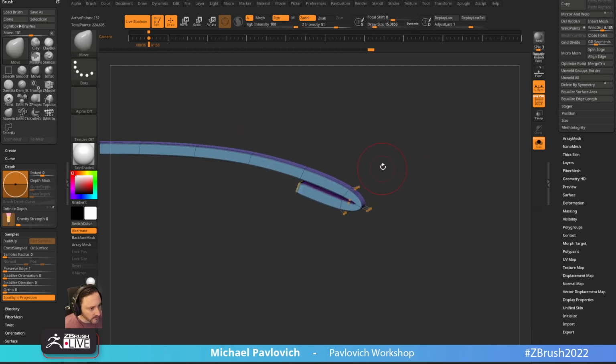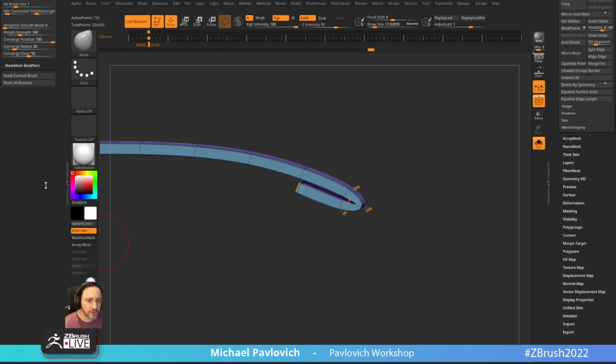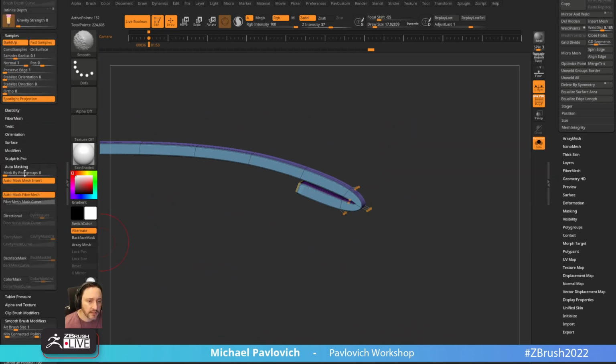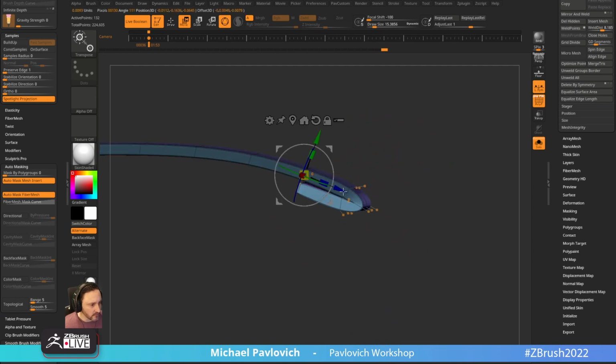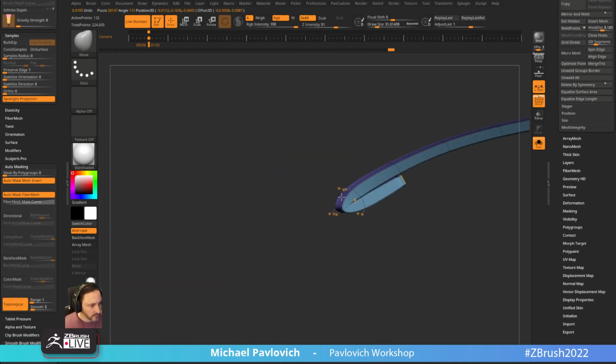kind of want to see if I can grab, let's go into move brush, auto masking, turn on topological, let's change that range down to like 1, and see if I can kind of push these together, or you can even use the inflate brush, I think, is probably fine. You can mask along here, just hit W and Control drag, and you can kind of mask along this, but